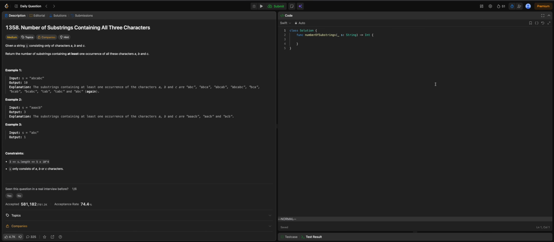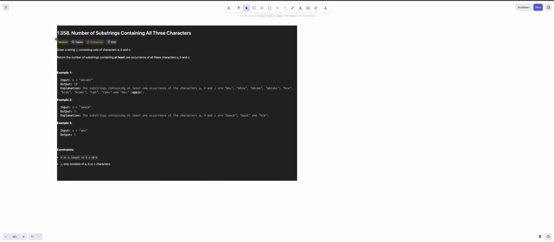Alright, let's solve the LeetCode problem. The problem is Number of Substrings Containing All Three Characters. I think that is similar to yesterday's problem with the sliding window. We are given an input string, and we have to return the number of substrings that contain at least one occurrence of all three characters A, B,